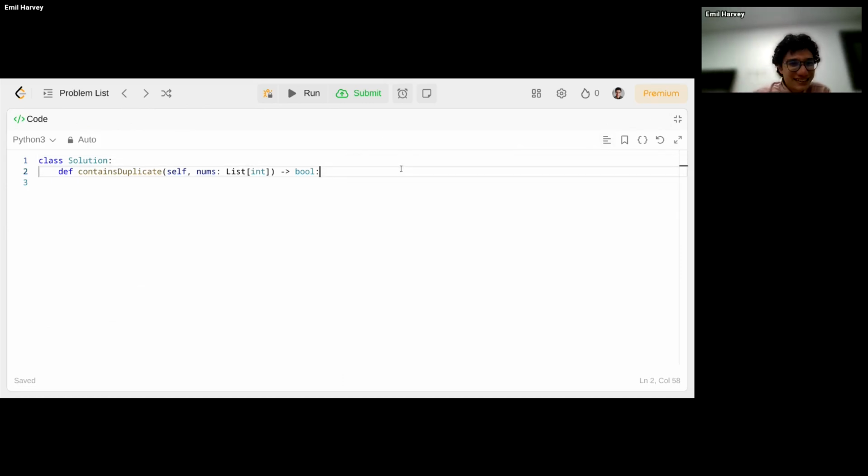So the problem is we are given this array of stuff, and we want to know if it has a duplicate or not. One thing that's nice is that since it's a true or false return value, as soon as we find a duplicate, then we're safe, and we can just return true. Otherwise, if there's no duplicate, we go through the whole array checking, and if we get all the way to the end and we haven't found any duplicates, then we return false. So what is the trick?